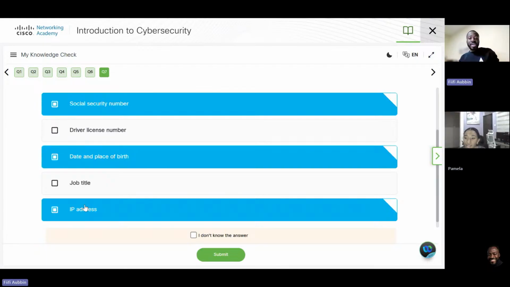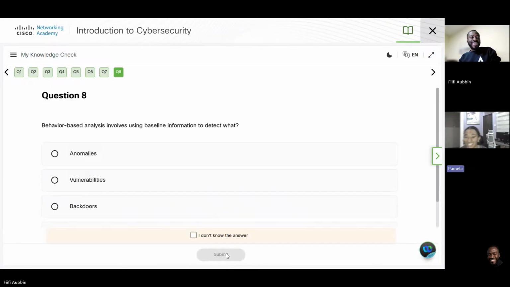Okay, I'm just asking questions. So let's move on. This is what you are saying. So it's fine. Let's move on. Okay. Maybe the driver's license number, but I'm not too sure. Maybe I know those two are correct, but either the IP or the driver's license, but not too sure.